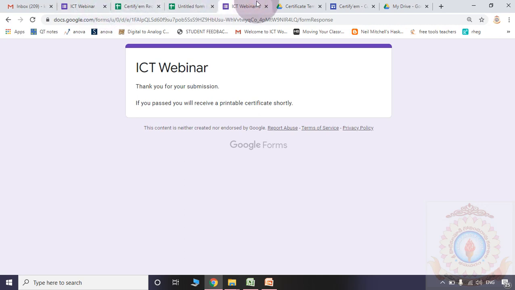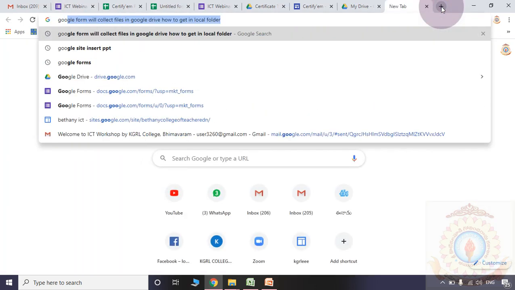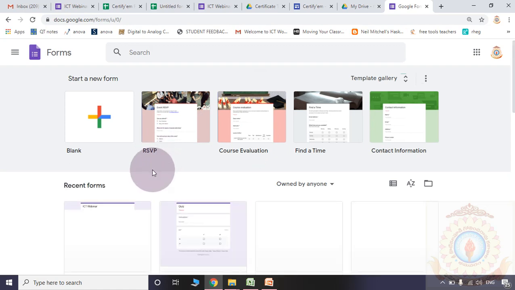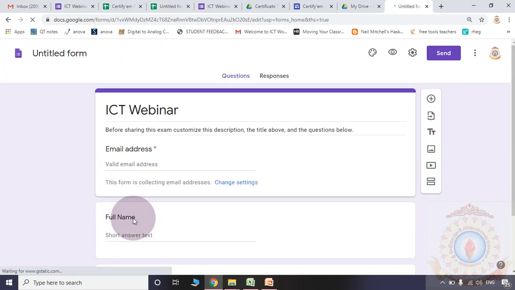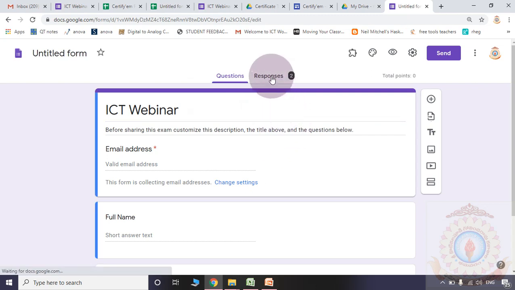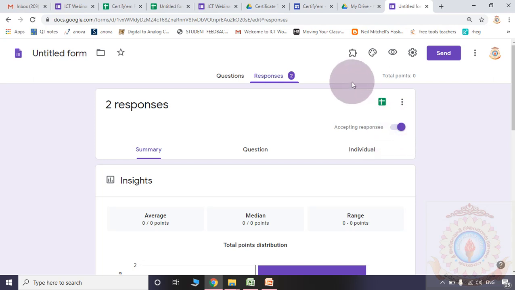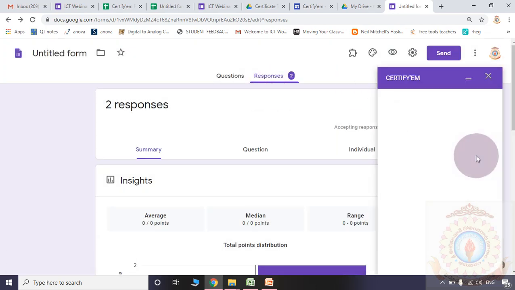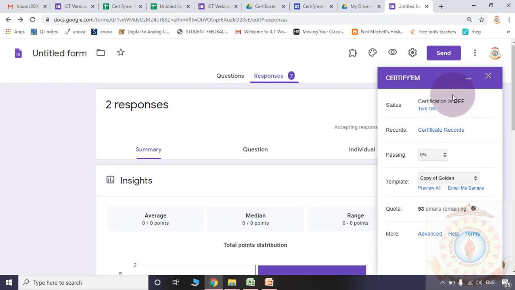Because, in this form, in the place of responses, you are accepting, but in the place of Certify EM, purposefully we turned this particular field off.